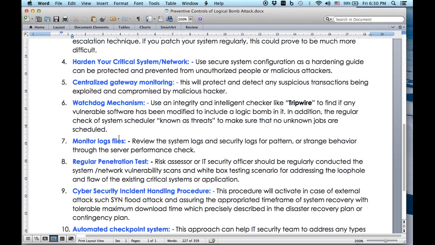So the log file needs to be reviewed properly: the time, the person, the user ID, the failures, what kind of failure is on the log, and what successful login attempts accessed the core system. So monitoring the log system is very important to identify strange behavior from access